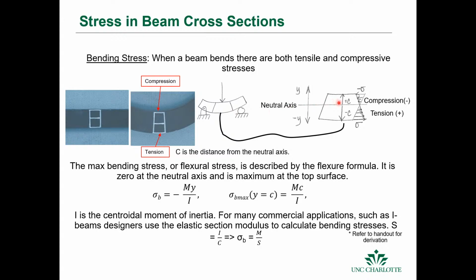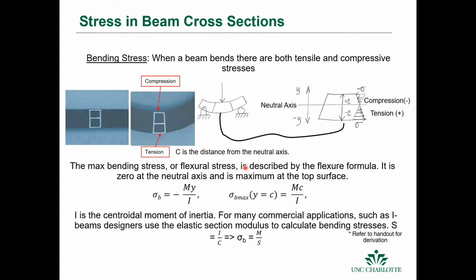We use this notation C to be the distance from the neutral axis to the outermost fiber. Sometimes in the flexure formula you see Y, and Y is just any distance along there, so you can plot Y and get your stress distribution as a function of cross-sectional area. Sometimes you'll see S for beam designers, and it's called the section modulus. Civil engineers and structural engineers will use section moduli to design with, and you can actually find those in handbooks for various beam shapes.